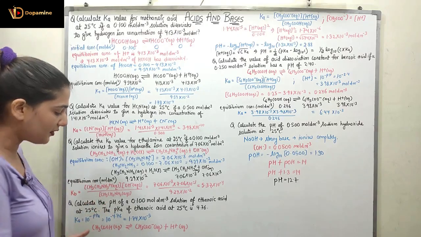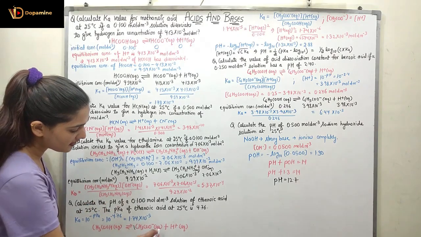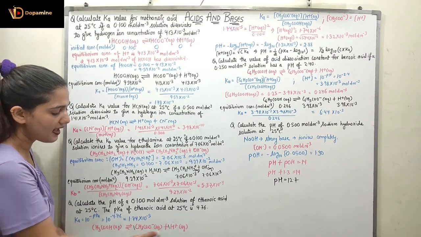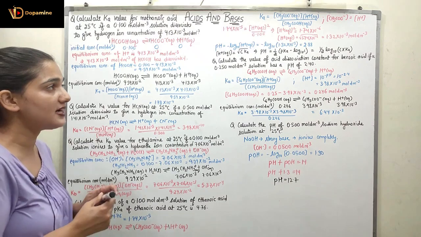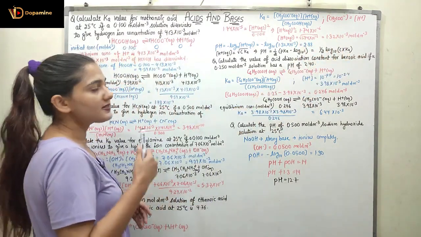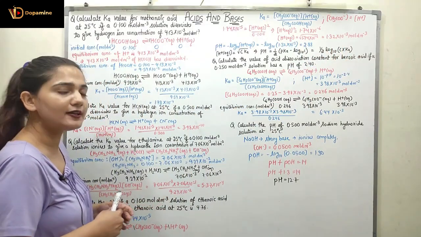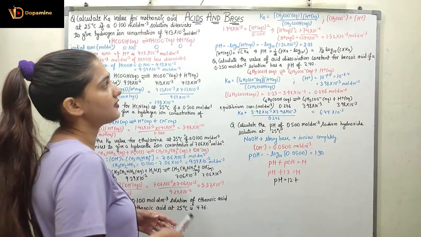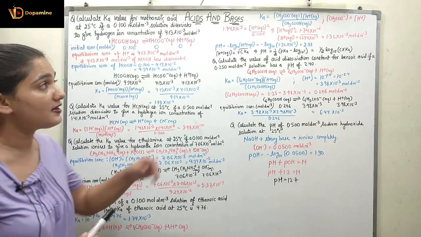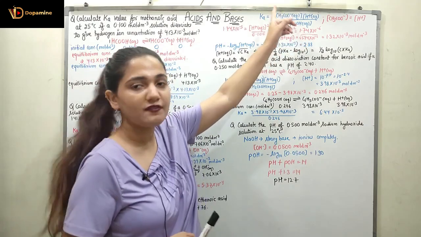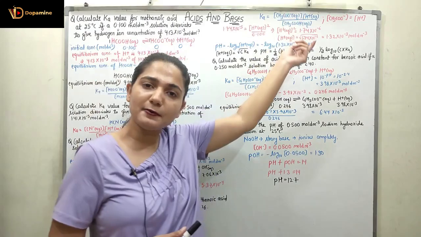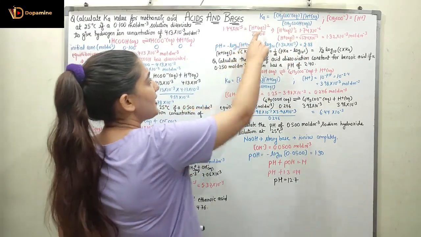So I look at the reaction here, and again I look at the coefficients. It is equal in both cases. CH3COO⁻ has 1 and H⁺ is also having 1 as the coefficient. So the concentrations at equilibrium will also be the same. So I can write the concentration of CH3COO⁻ equal to the concentration of H⁺. Ka we already found, 1.74 × 10⁻⁵. The concentration of CH3COO⁻ can be equated to the H⁺ concentration. So H⁺ concentration multiplied with H⁺ concentration, we get [H⁺]².